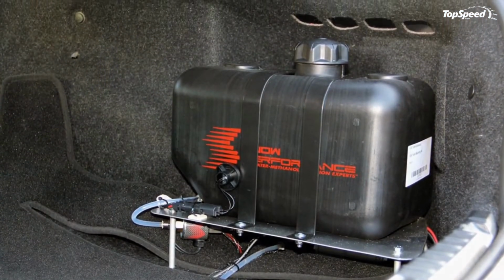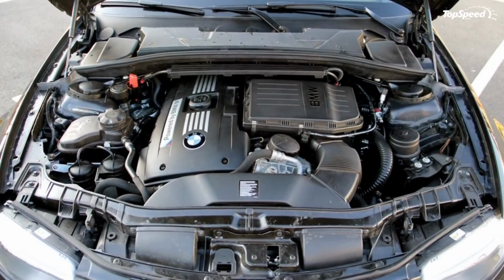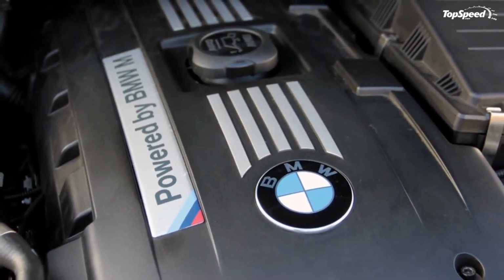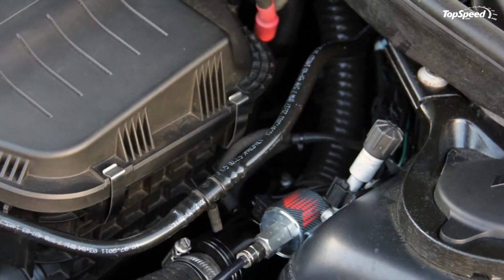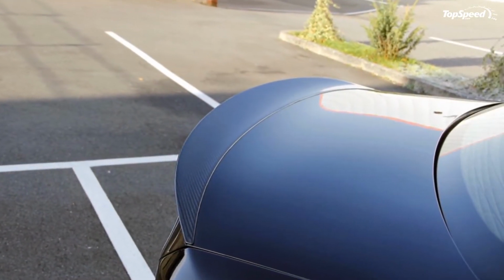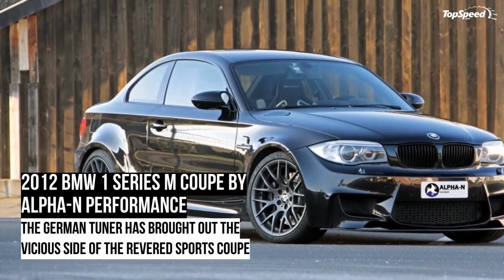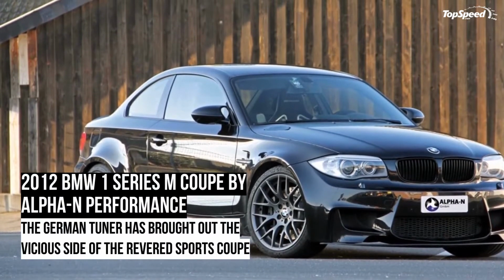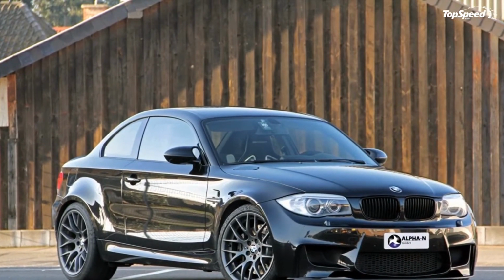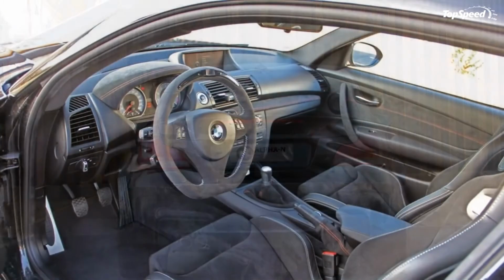Mercedes A45 AMG by VAF. Sure, the Mercedes A45 AMG is offered as a hatchback instead of a coupe, but you can't argue that it would have been fun to see the A45 AMG line up against the BMW 1 Series M Coupe. One of the more impressive tuning kits for the A45 AMG was released back in 2014 by VAF. The German tuner knows a thing or two about extensive aftermarket programs,